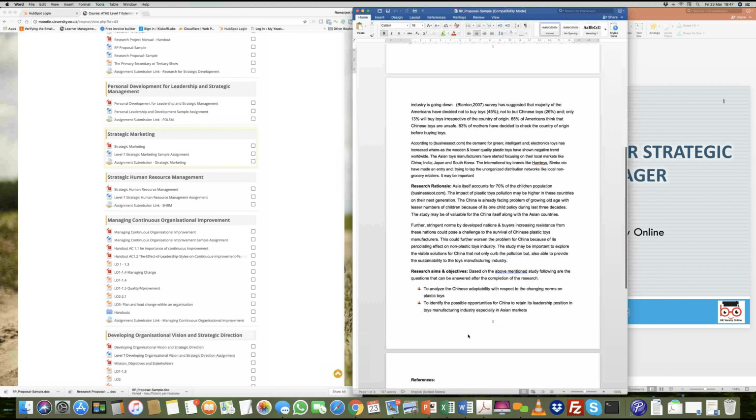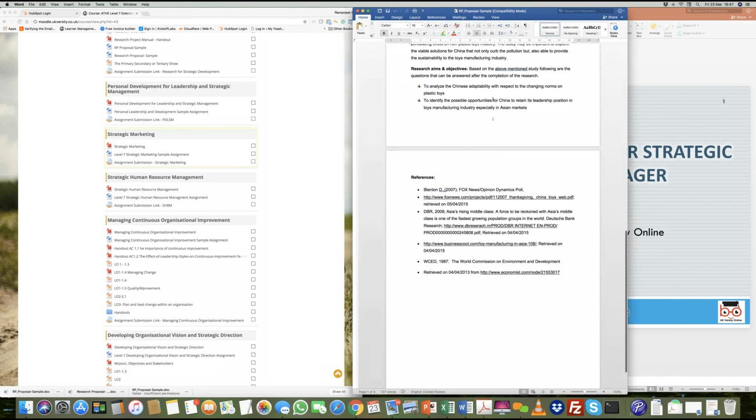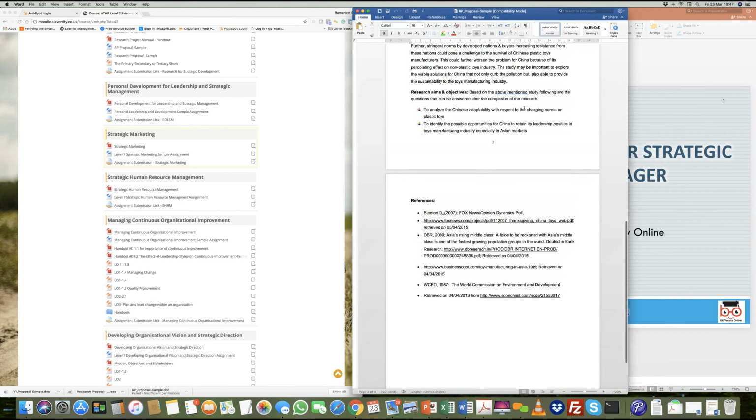So this was another example in which the research and objectives were clearly stated, that you want to undertake a study to understand toy industry manufacturing in China. And then the idea is you develop this further. So my suggestion at this stage would be to go through these 2 sample proposals, pick up some of the broad areas,